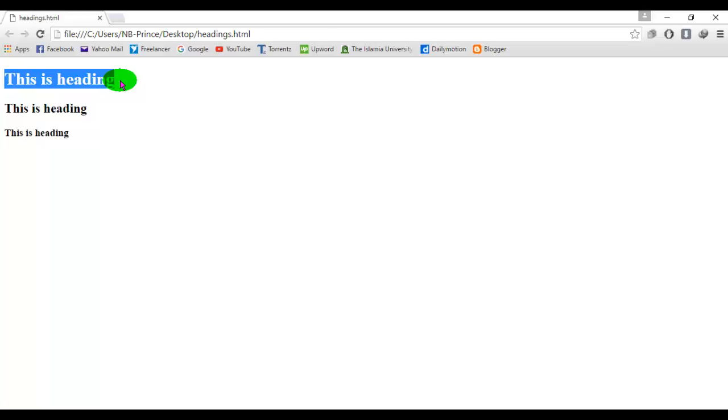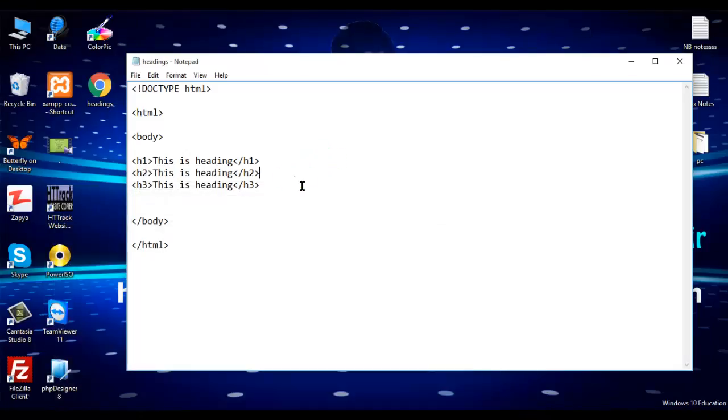Headings are important. Use HTML headings for headings only. Do not use headings to make the text big or bolder. If we do so, then what happens? Search engines use your headings to index the structure and content of your web page. So you should use the headings where they are important.